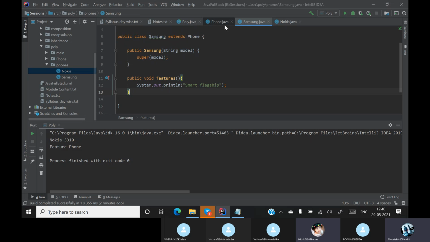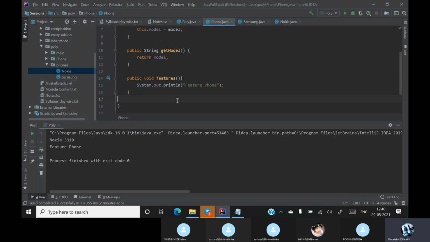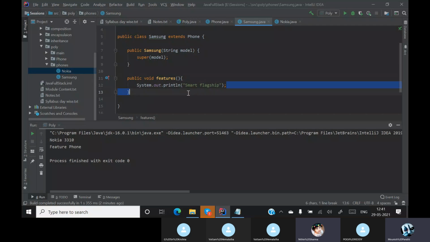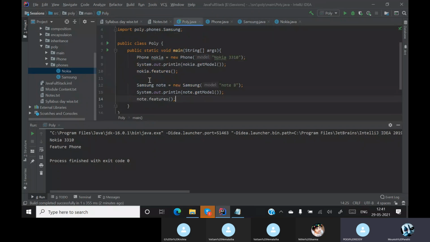I didn't get you. There are two things. There are features in the phone and there are features in the Samsung class. Now I have created an object for my Samsung class and I am telling that note dot features. So what will be my output? And remember that Samsung is being inherited with phone also. So will I get a feature phone or will I get a smart flagship?